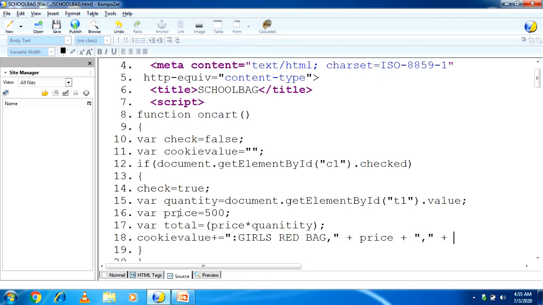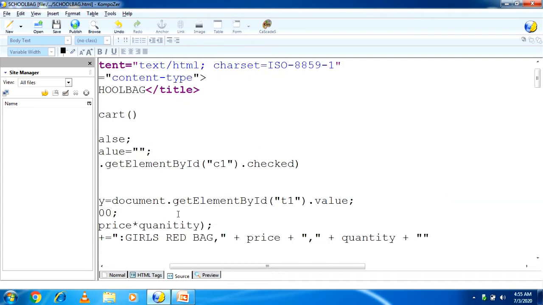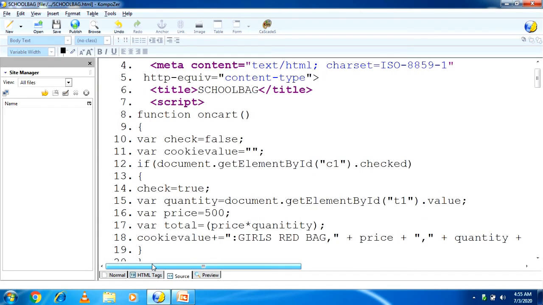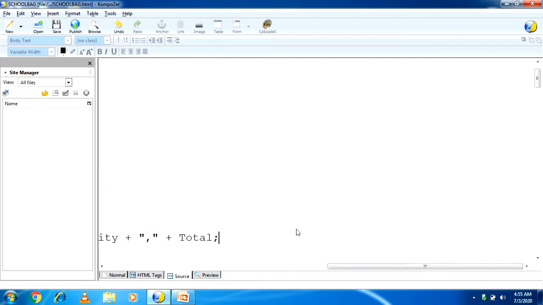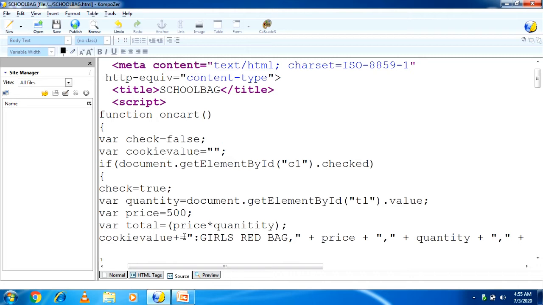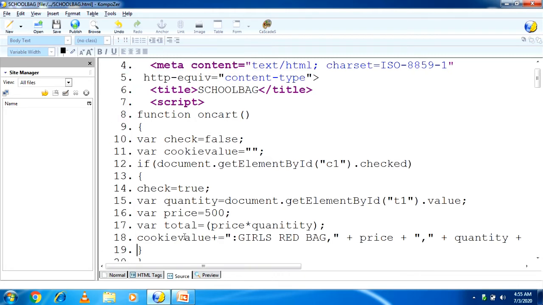After that again quantity, okay, plus, again I have to give comma, I will add double quote. After that again plus total. Now the total variable I wrote as total in small letters, so here also I have to write total in small letters. Okay students, understood? Now this I did for only the first product.